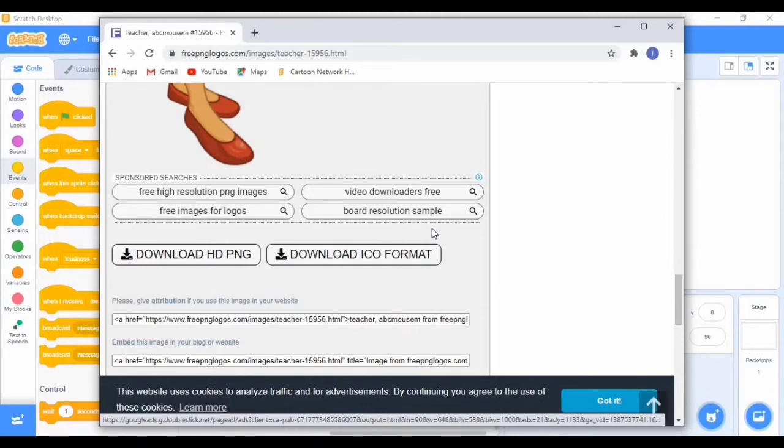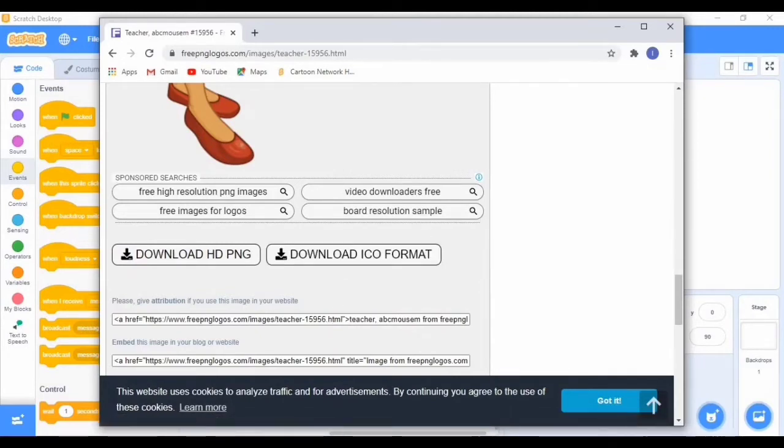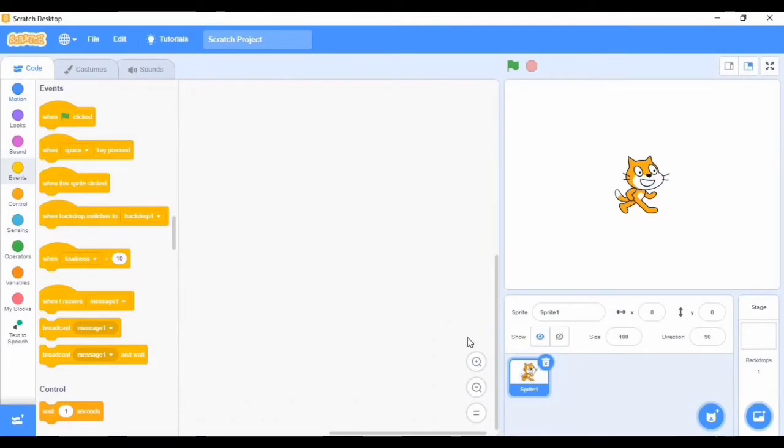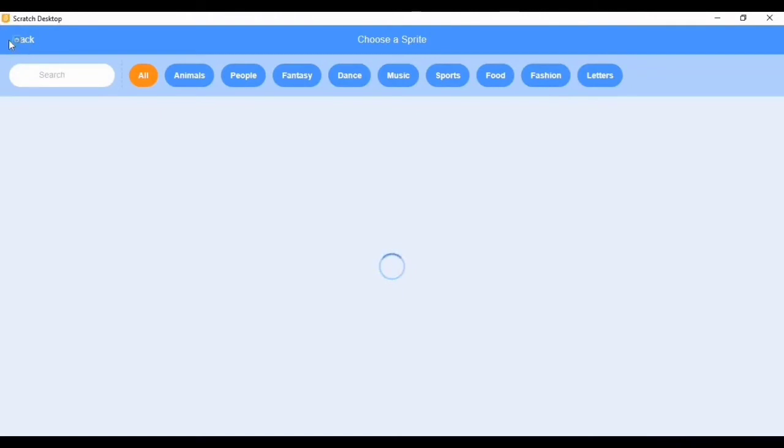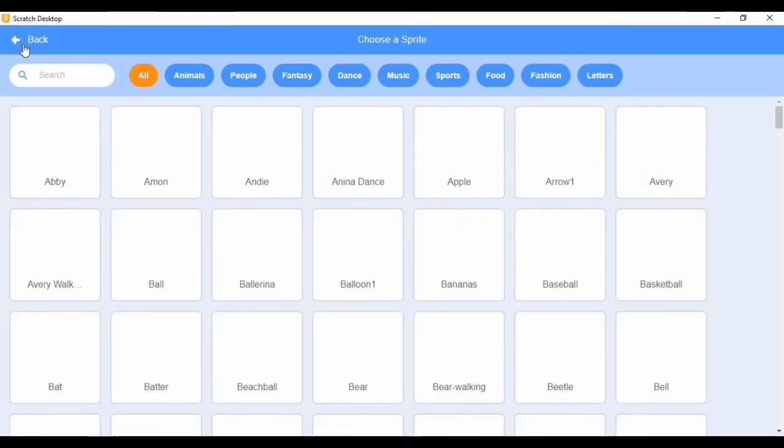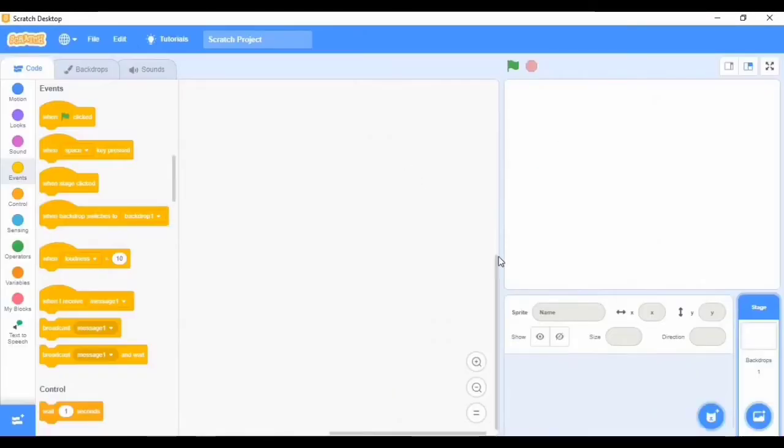So for the background, I'm going to be using a classroom background, but I want you to download and see something that I think will fit with it. But as for me, I'm going to be using a background. You see it. So now delete this sprite. Now upload the sprite. Oh, sorry about that. Back. So just don't click on it, just leave your mouse pointer on it. Upload sprite.